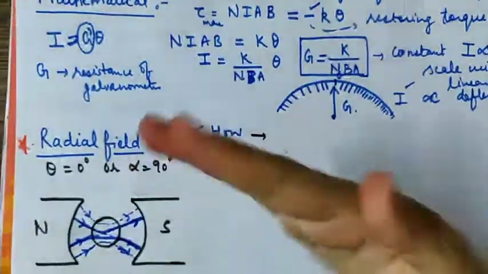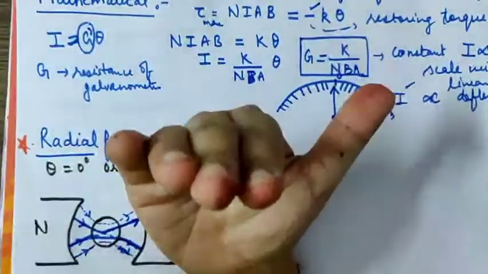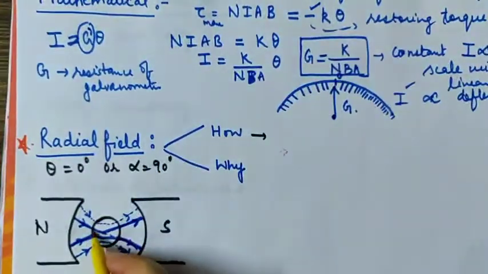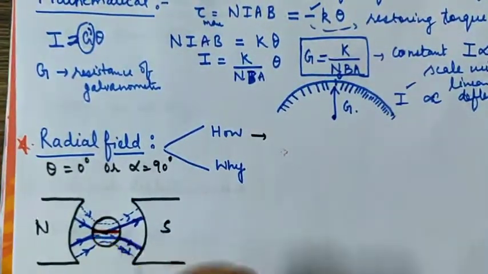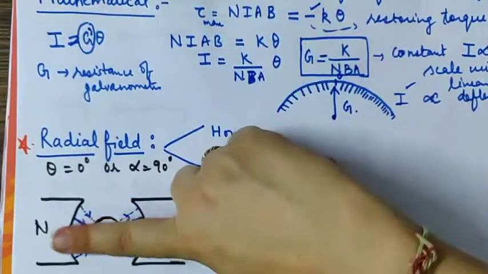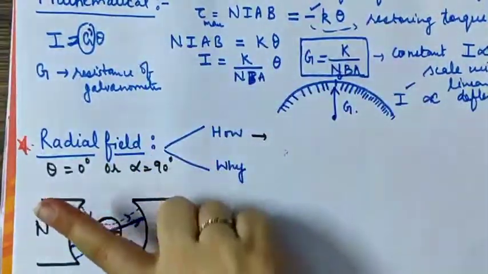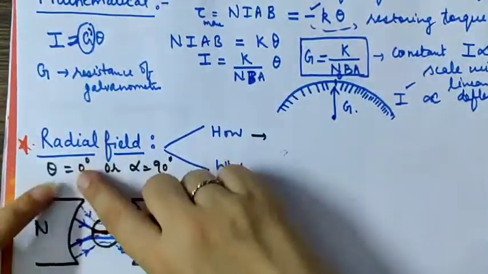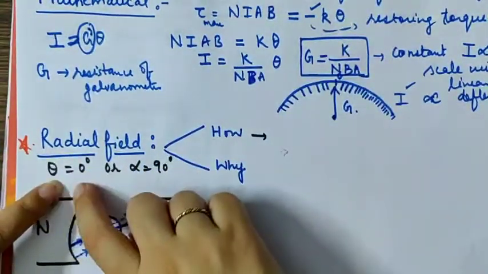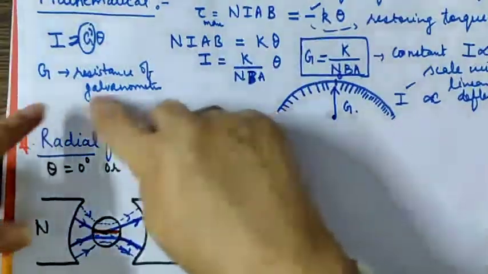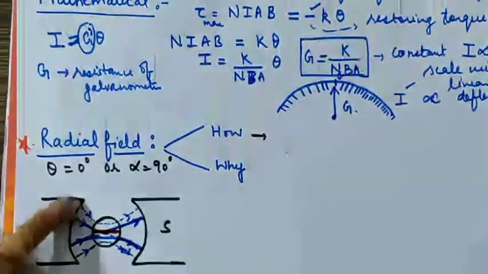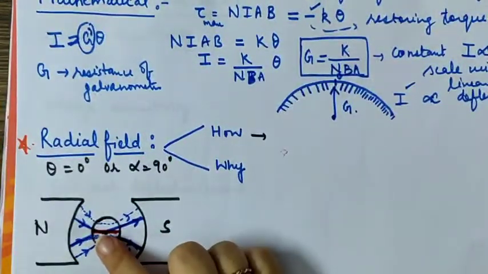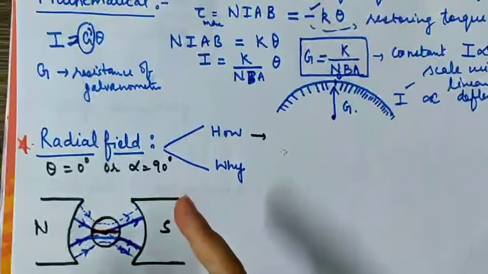Now the coil was initially placed like this. If you are viewing from the top, only one line of the coil will be visible to us. So this is the coil. If the coil rotates, everywhere it gets a magnetic field which is in its direction, meaning its plane is always parallel to the magnetic field. So if somebody asks you what is a radial field, you will say it is making the field radial, meaning the coil always gets the magnetic field parallel to its plane.